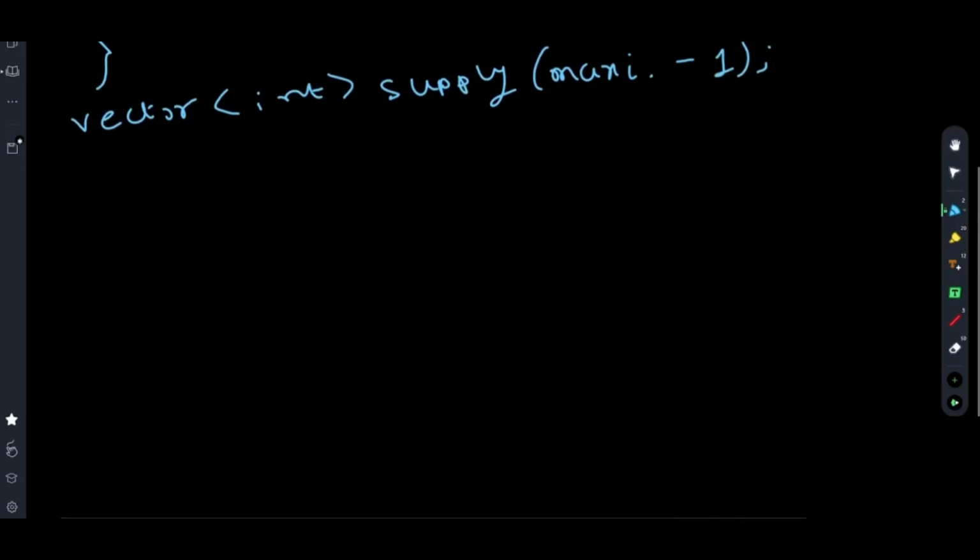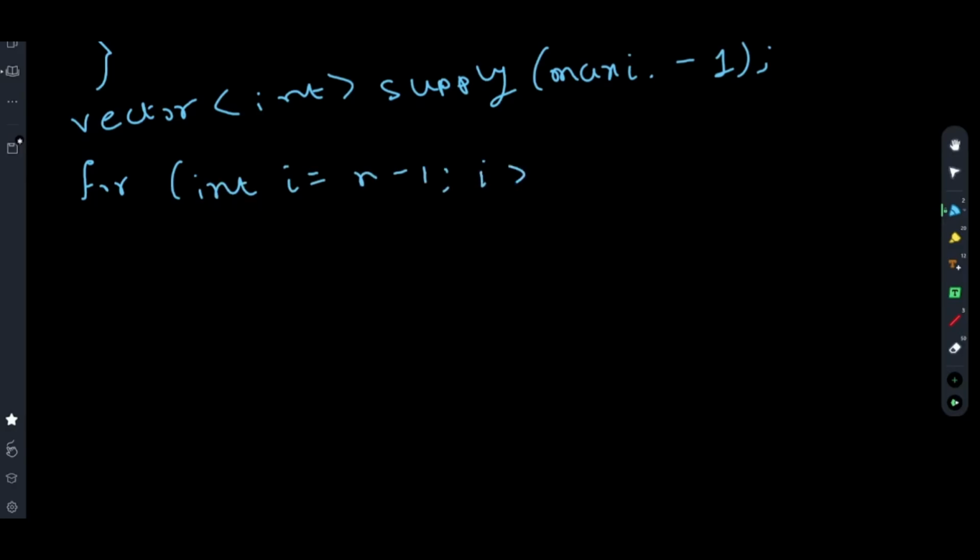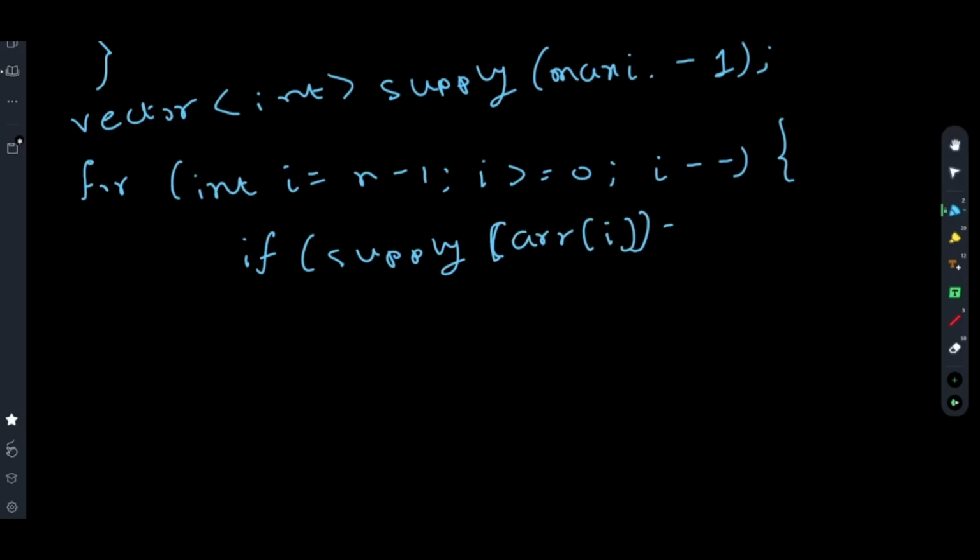You will fill the supplementary array. If supplementary array of I equals -1, because 3 is already filled by index 4, which has 2, so you do not have to do it for 3. If it equals -1,